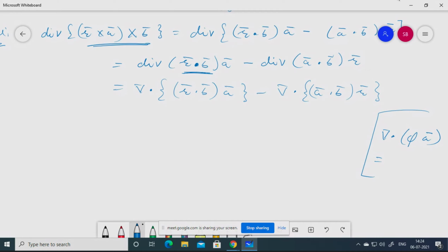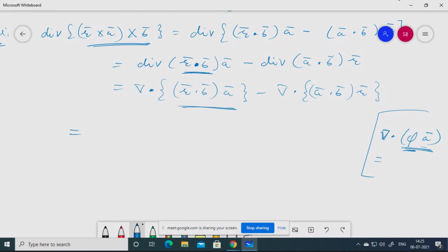This will be an identity. Which identity? You look at the first one. Have you written it? Are you able to follow what I'm saying? Okay, I can't write just phi out of this del. This whole thing is a function on which I'm taking this del dot. Now, the first part, R bar dot B bar is nothing but a scalar function, and A bar is a vector. So overall, this is a vector on which I'm applying del. So this is the first identity in today's class.